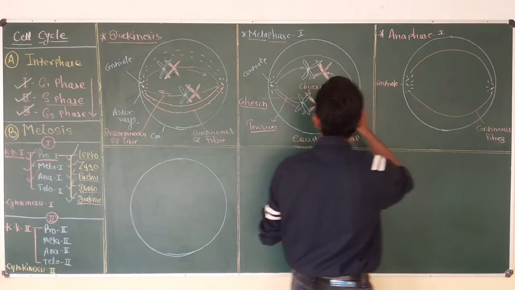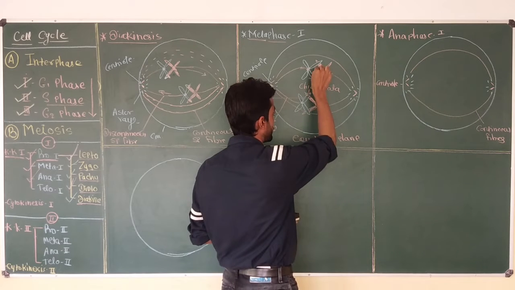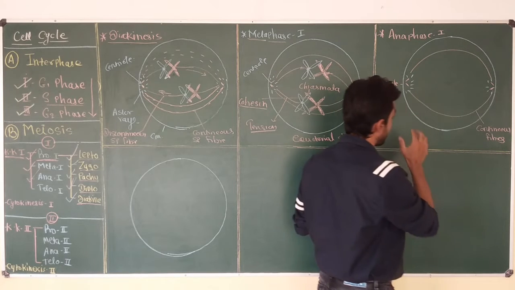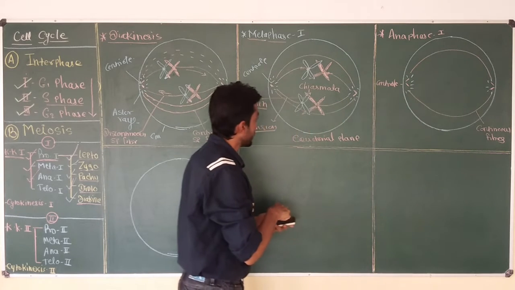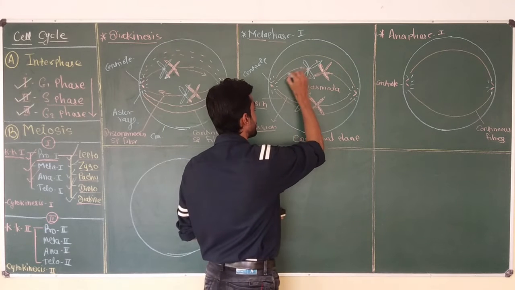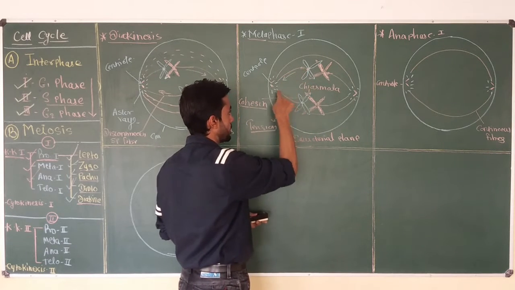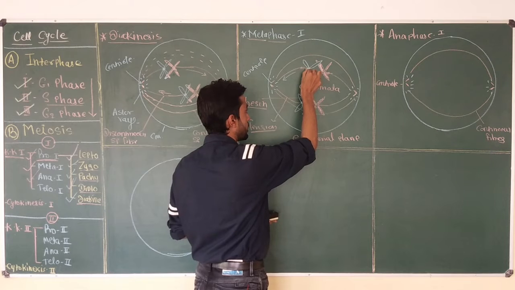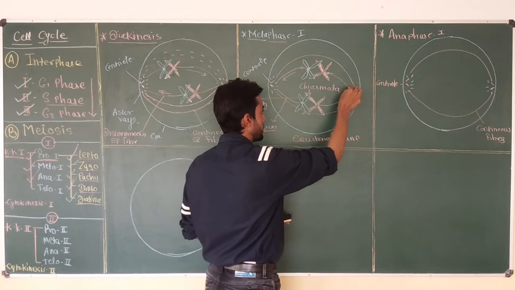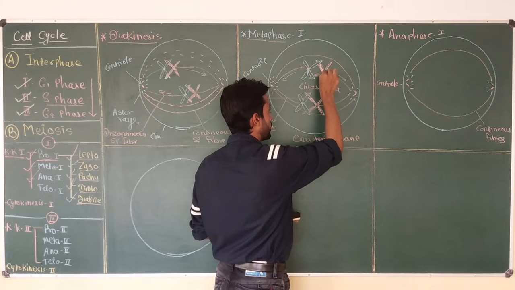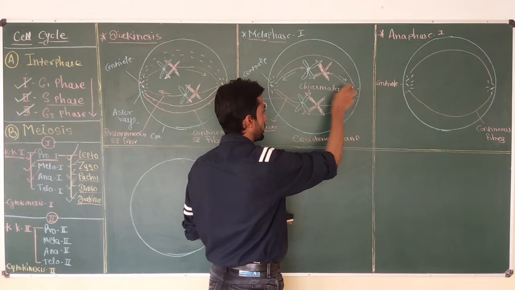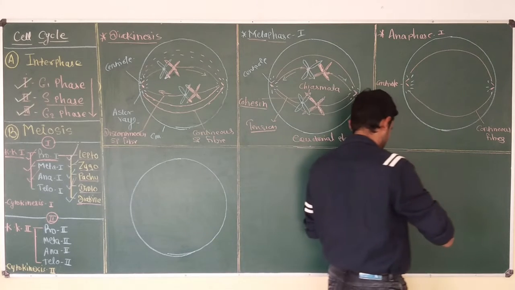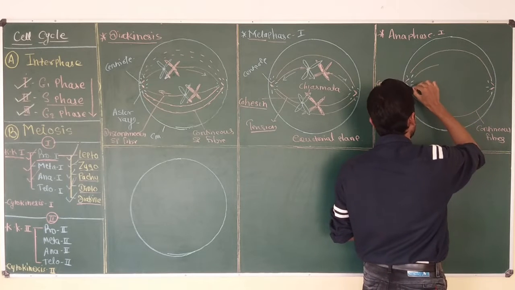Now this cell will have homologous pairs of 4 chromosomes at the equatorial plane. But at the start of anaphase 1, due to contraction of the chromosomal spindle fiber, one chromosome of a homologous pair starts moving towards one centriole. Similarly, the spindle fiber will pull the remaining chromosome towards the opposite centriole, due to which tension is created in the pair and the pair finally gets separated.